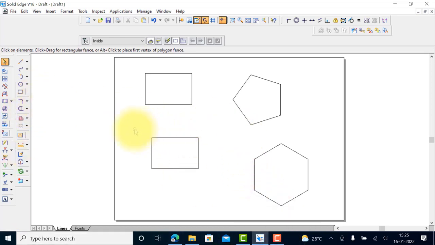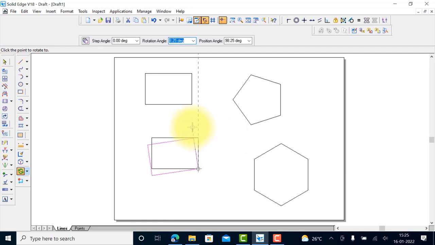Now you can also rotate an item and get multiple rotated copies of that. So I am selecting this rectangle. I select the rotate tool and I select this point as a center of rotation. I'll select another edge, this reference point. Now there are options to give a step angle also. I'll give the rotation angle. Rotation angle is say 30 degree,